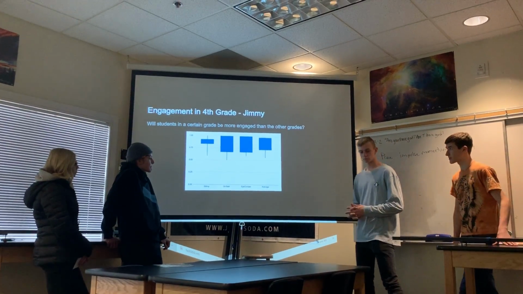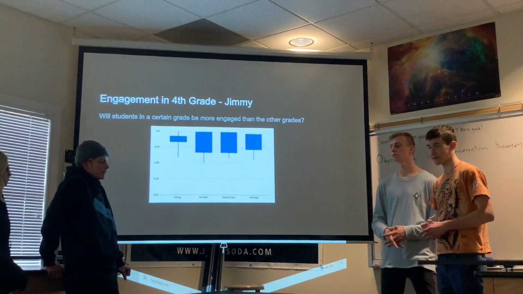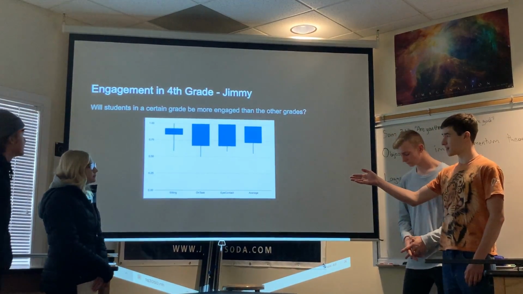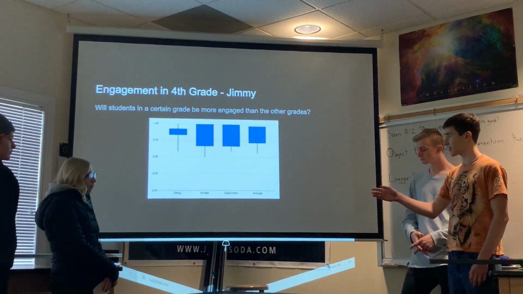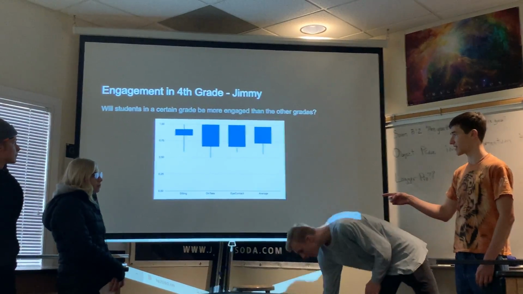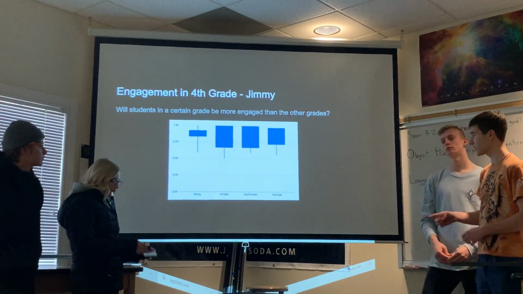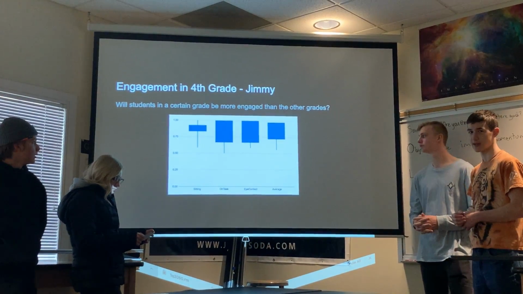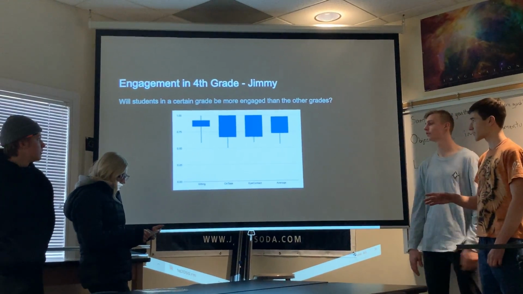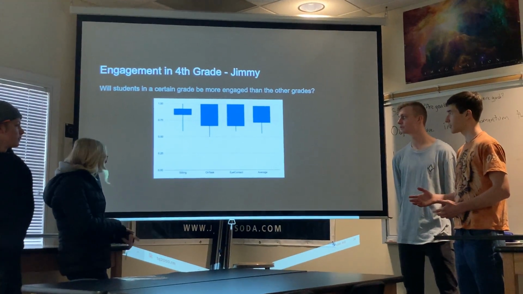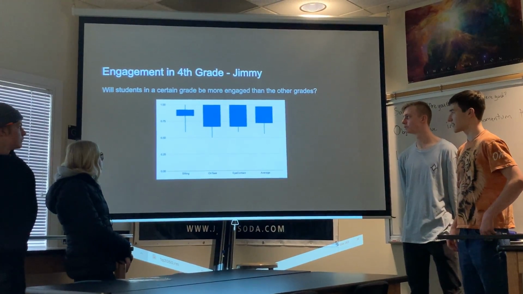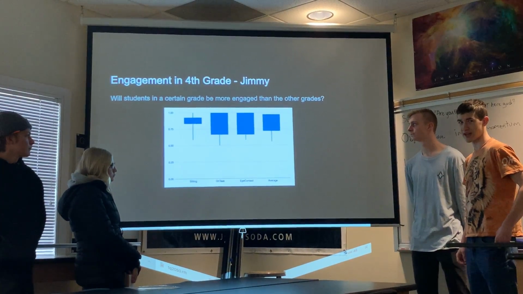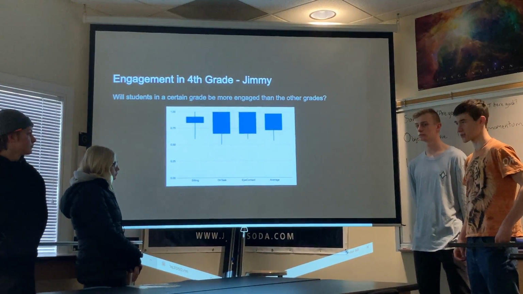Okay, here's the engagement amongst the 4th graders that we observed. As you can see, we have the percentage of students who are sitting in their chair, as well as the percentage on task and making eye contact with the teacher. This 4th column to the right is the average of all 3 of the previous data points, just for a better visual. As you can see, the on-task and eye contact slots are very similar, so those might have a correlation with one another.